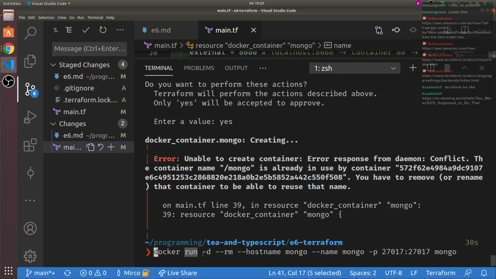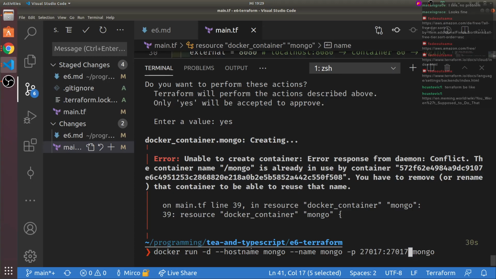I'll come to the question in a second. Detached mode, and we want to remove it. The host name is a name. No, the host name is again something else. I'm not sure. The name is the name of the Docker container, and we want to have the port forwarding.